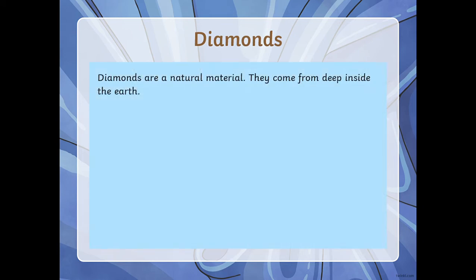Diamonds. Diamonds are a natural material. They come from deep inside the earth. A few things made from diamonds are, I wonder if you can think of anything. Can you remember when I lost my diamond from my ring at school? That was so scary, wasn't it? Luckily we found it. So some things made from diamond are necklaces, rings,